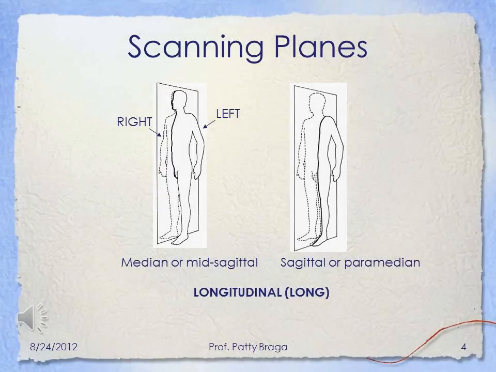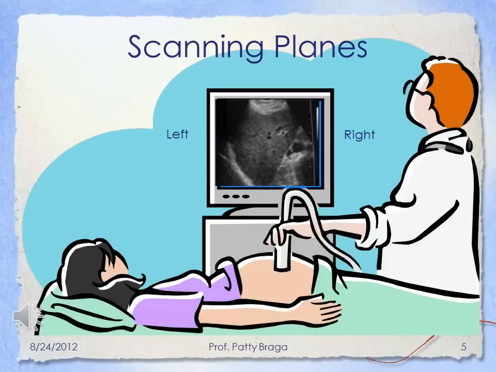It's just sagittal. Our sonographer here is doing a longitudinal or SAG image of an upper abdomen, really a picture of a liver. So when you're looking at these, you want to understand the relationship of the anatomy to the scan that you're looking at. So when you're looking at a sagittal plane in the traditional format, and what we mean by that is the patient is laying supine and their head is toward the top,